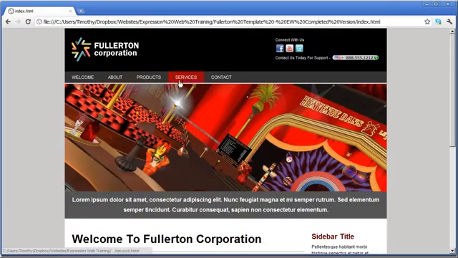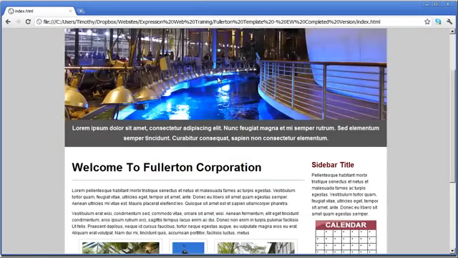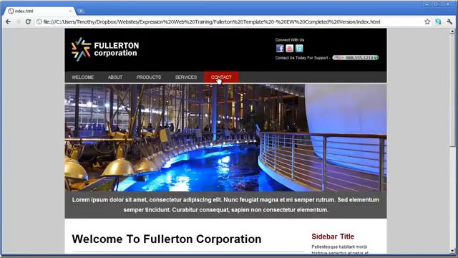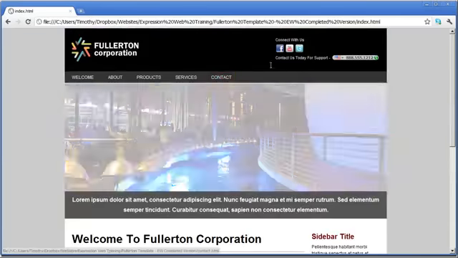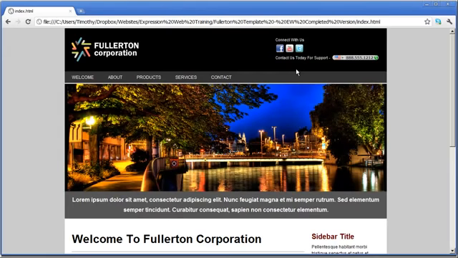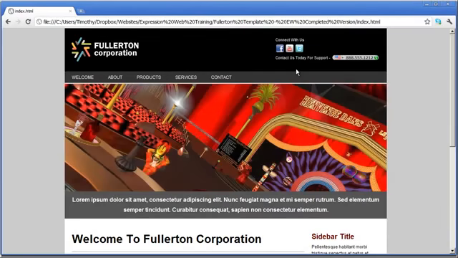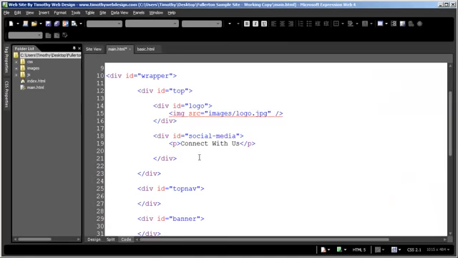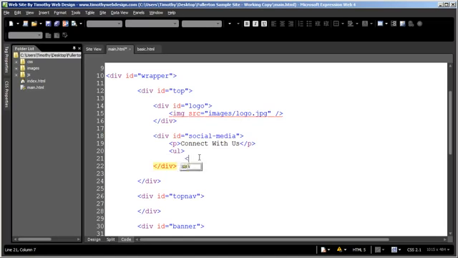The second unordered list we're going to use for navigation is going to be for this top nav area here. And the rest of this is just normal text content and images. So again, we're going to use unordered lists to create the different navigation elements. And again, that's going to make it very easy for us to lay out and format all this in CSS. So I'm going to go ahead and open up a UL tag,